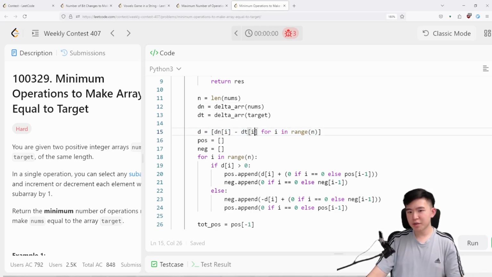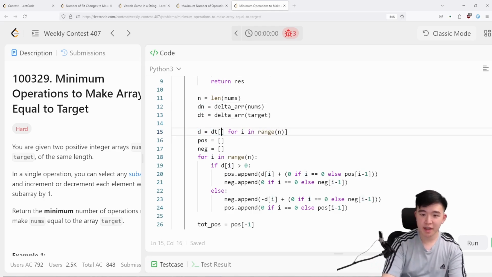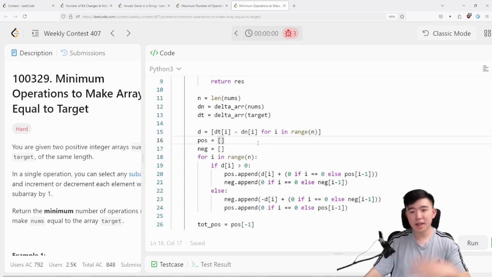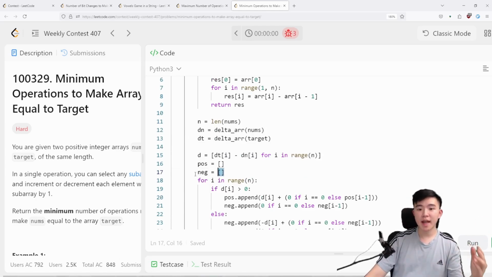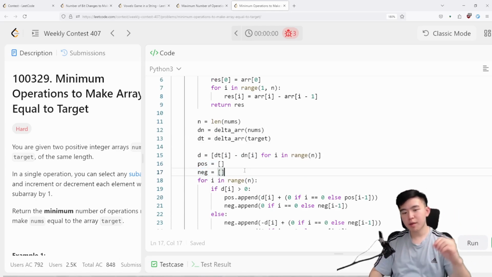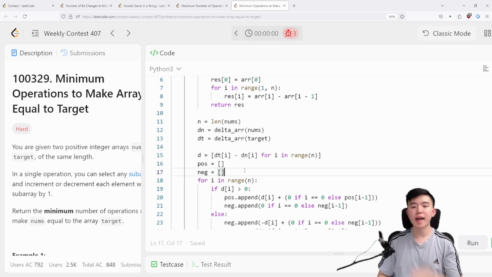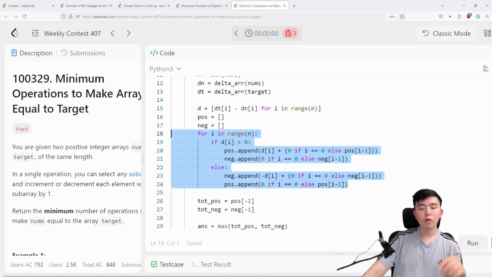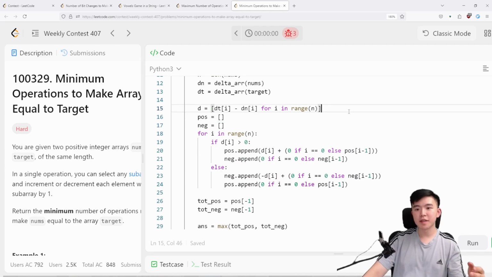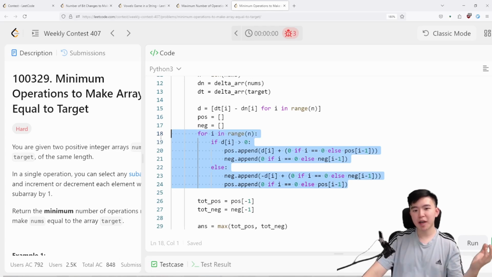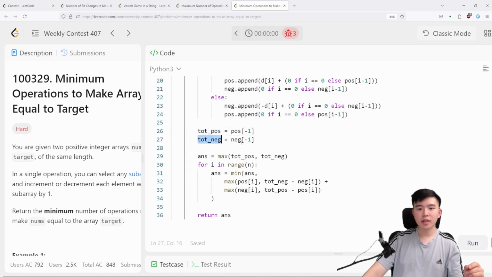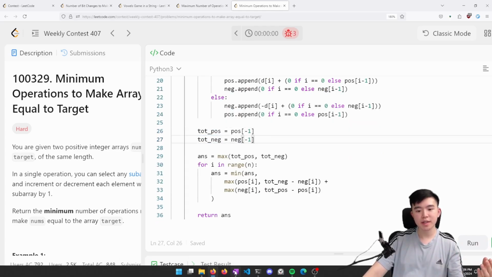And maybe the sign should be flipped over here, because that's what I did in my explanation. But in the end, you'll see it doesn't really matter. So we got pos and neg, which track the number of +1 operations and -1 operations we need at every index, respectively. Over here, I skipped over some of the implementation details. These are actually going to be prefix sum arrays, not the actual pos and neg arrays, just to make computation a little bit easier. And over here, we got total pos and total neg, which is just the final elements